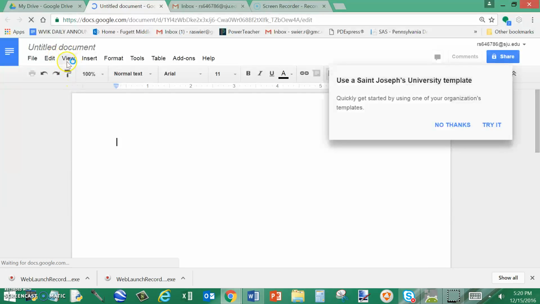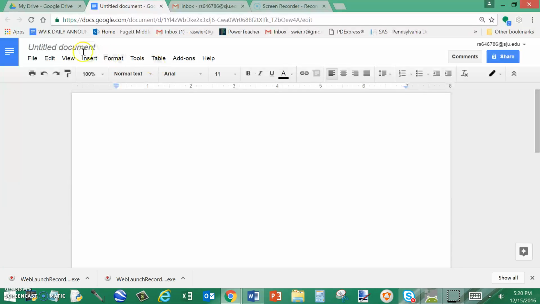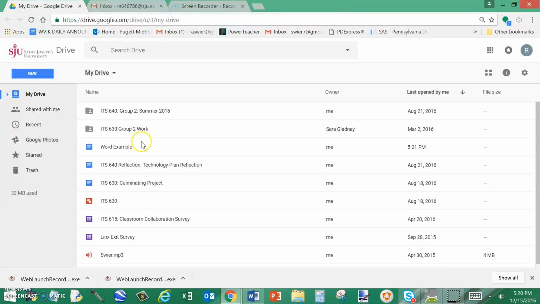up top here, it appears just like Microsoft Word. As you can see in the top left, I will title this document as Word Example. Down here in the text, you can type anything that you'd like. Now, once you are done using this document, as you can see, changes are saved automatically as you're working. Once you are done with this document, you are free to close out of it, and you can see that